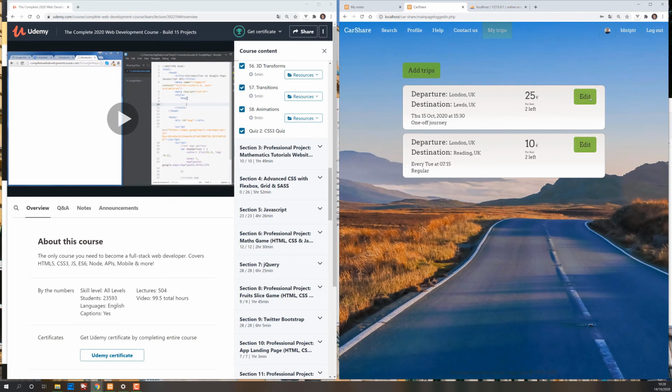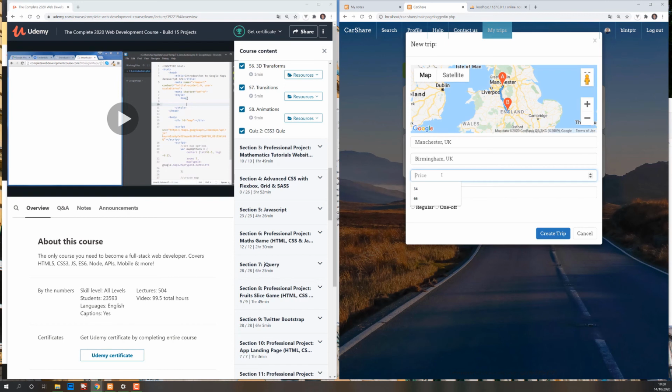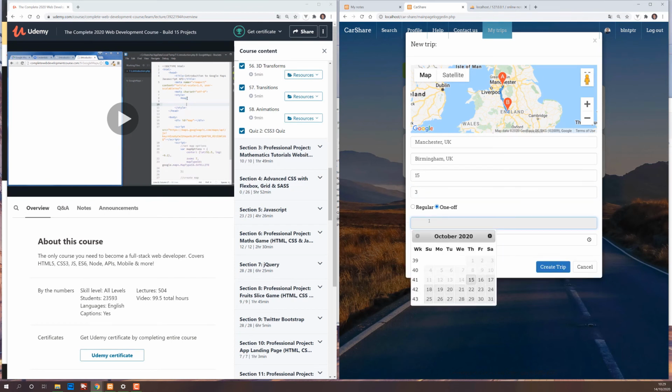So for this account, I created 2 trips, London to Leeds, London to Reading. Let's add another trip. Let's go from Manchester, UK to Birmingham, UK. It's not a big distance, so let's make it cost 15 euros, and we're gonna say we've got 3 seats available, and this is a one-off journey that will take place tomorrow